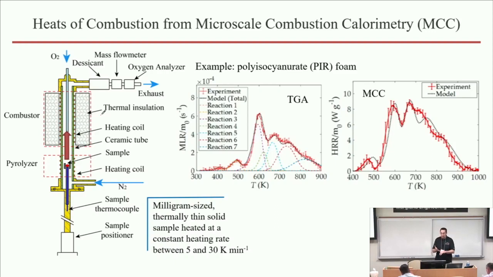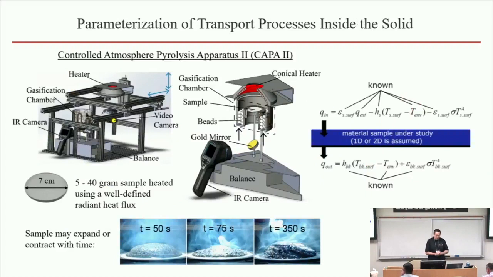So by now we have parameterized all the kinetics and thermodynamics of the thermal decomposition. We determined the heats of combustion. So our next stop is this test right here. What we try to do here is to design our own apparatus that looks at the thermally thick burning problem, but tries to create a test where all boundary conditions are defined really well throughout the test. And we can measure a few things at the same time in a relatively easy fashion.